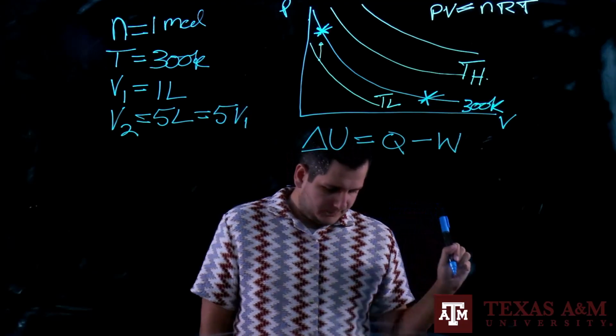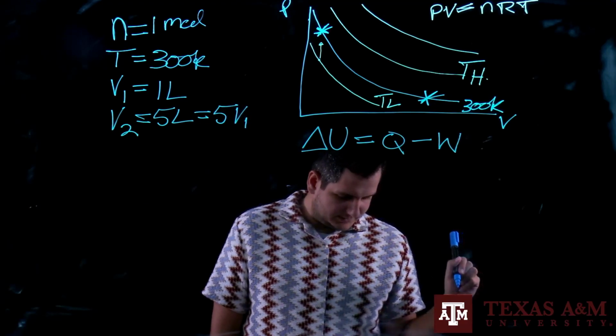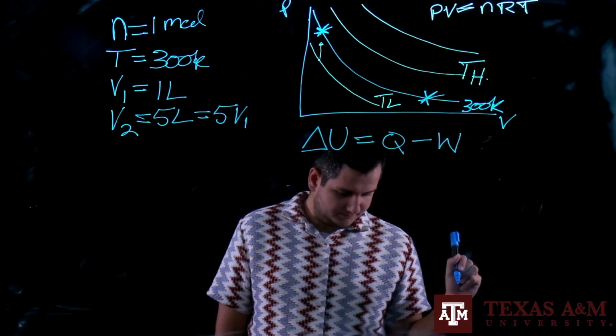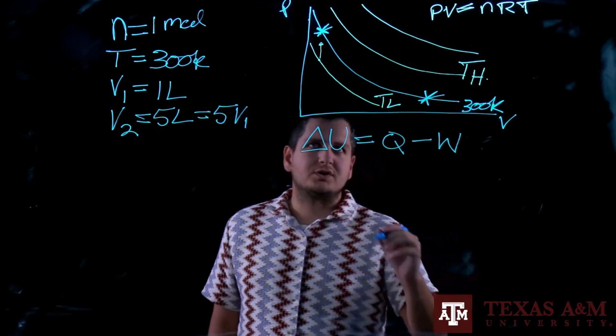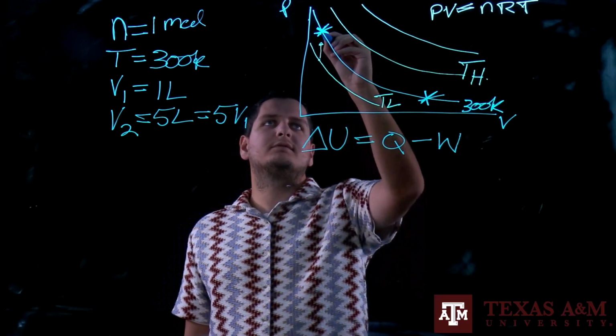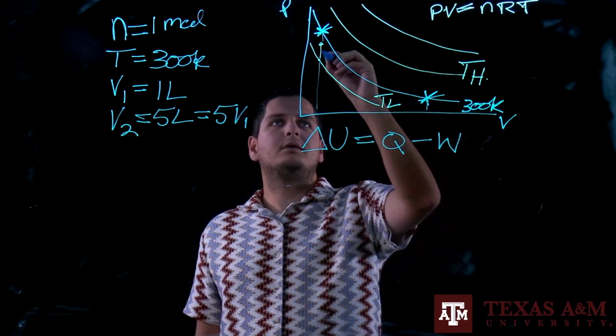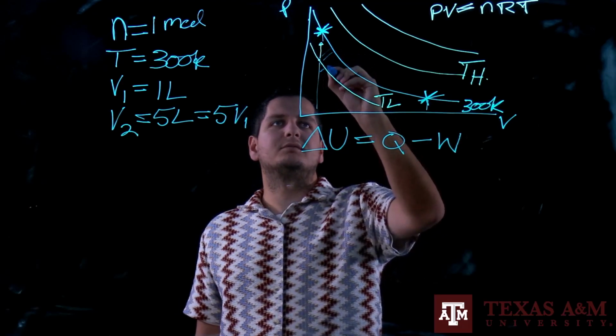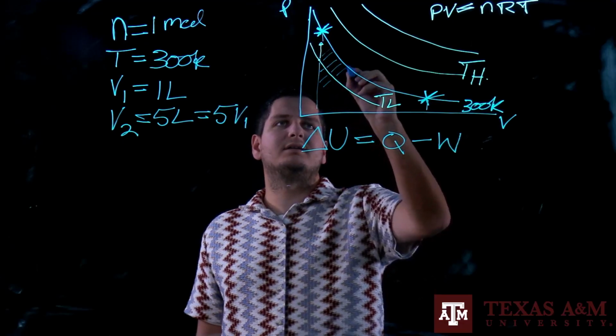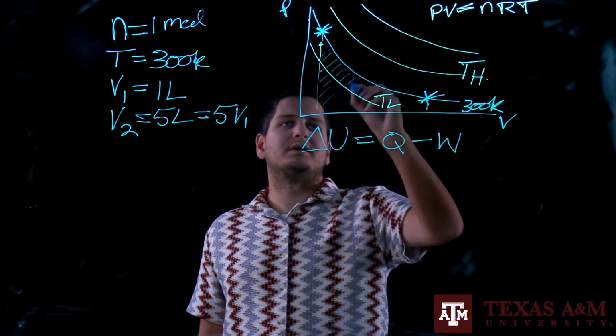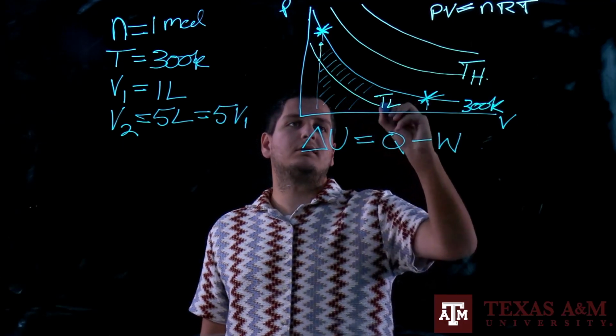First law. So let's see where we can start. We're trying to get the area under this curve. So we have the isotherm, right? We're trying to get this area. That's one thing that we can think about. This is the work,